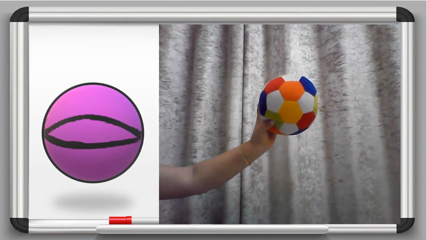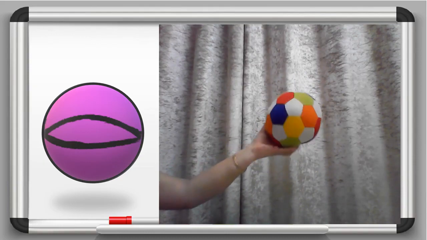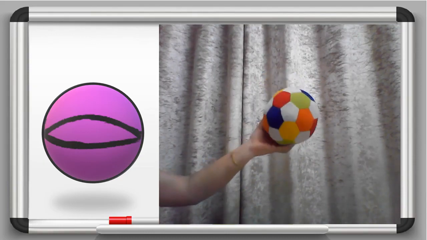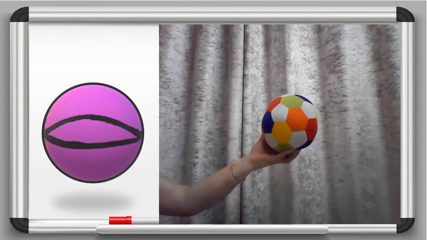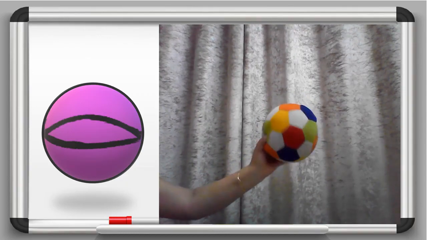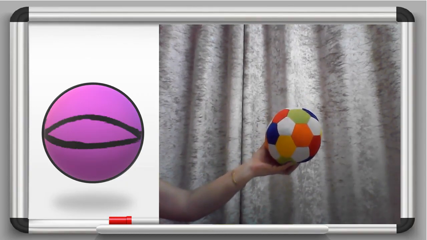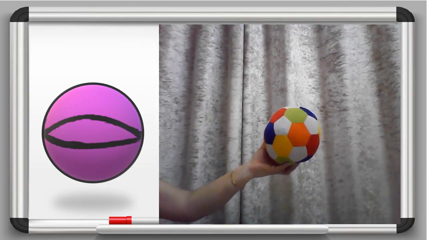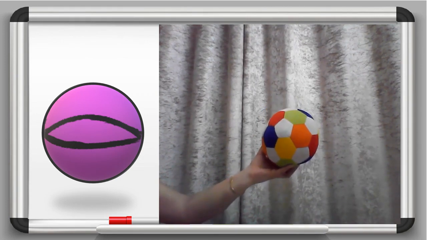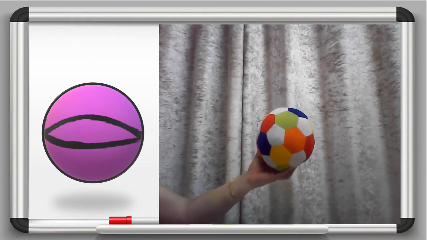Now beta, I'm going to show you one sphere shape object. Okay, so here I have one bowl. Okay, and you can see that it has only one face. Okay, it doesn't have any vertex, है ना, इसका कोई भी corner नहीं है, and it doesn't have any edge because it has only one face. So if there is only one face, then there is no edge. Okay, so we can say that here in sphere shape objects, we have only one face. Understood, beta?